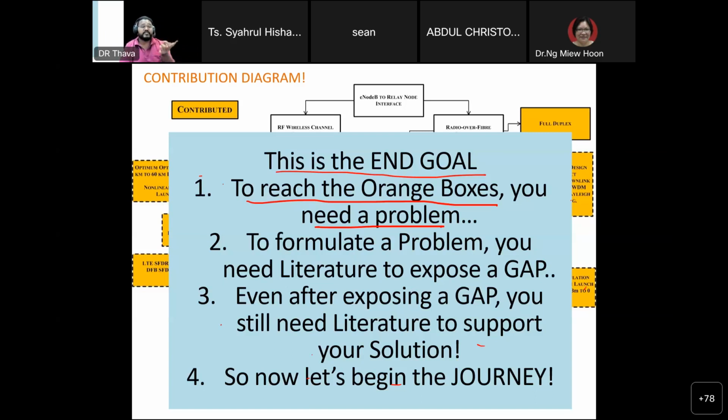Why did I do this in the first place? Because that was what my supervisor wanted. Since I had a lot of papers, my supervisor wanted to put that in an infographic manner or in a diagram basis to show my examiners, this is what I've done. Okay, it's sort of marketing my thesis so that the examiner will know that I've done a very good job. That's how my supervisor interpreted it.